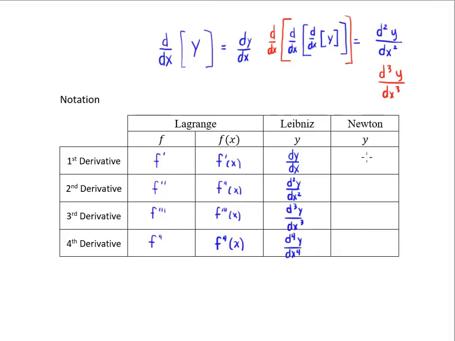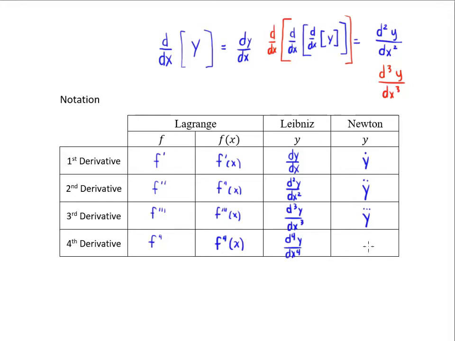Now, Newton had his own little way of doing things. His first derivative is kind of cool. It's just y with a little dot. So like that. That's the first derivative. Y dot is what they call it. Then the second derivative would be y double dot, like so, and y triple dot. Now, I think you could probably do 4 dots for the fourth derivative, but usually Newton just kind of, since